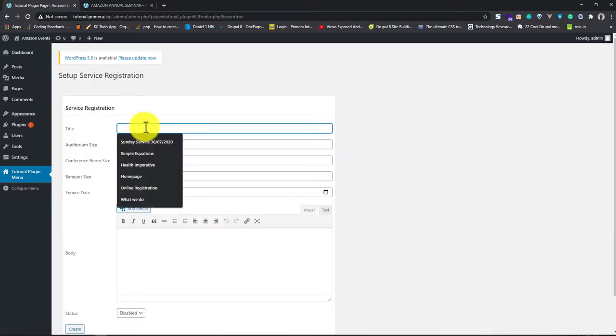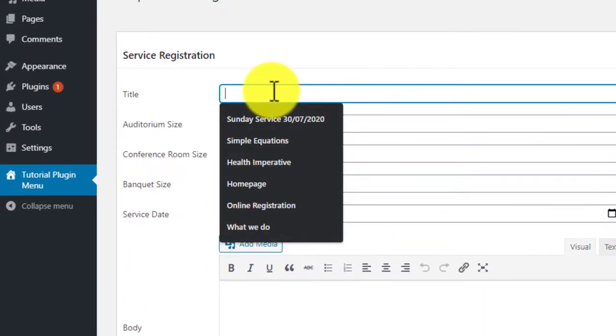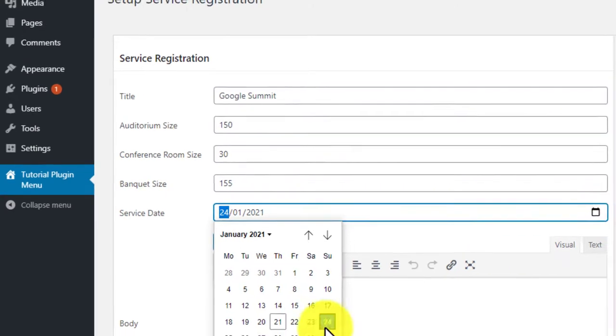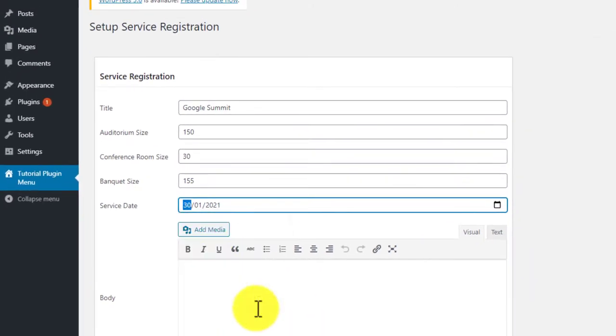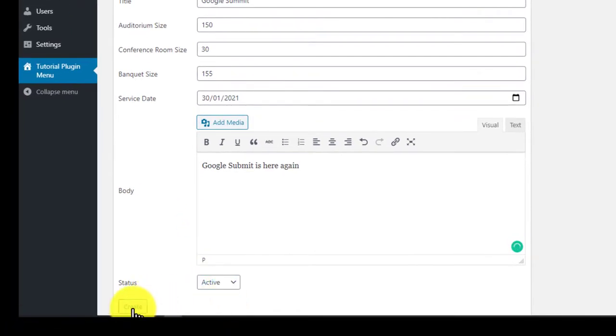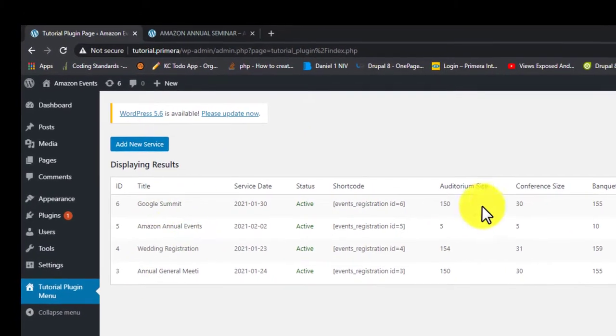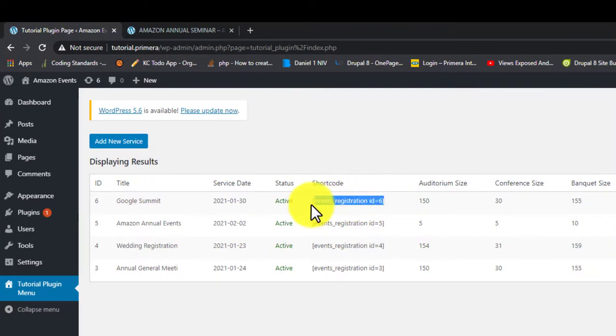Let's say Google Summit, and then let's say this is the registration, and then you can check the date of the event or the service. So you can say this is the date and say Google Summit is here again. You just activate it if you want it to be activated, click it, it's submitted. So once you go back to this, you can see Google Summit, and you can take this